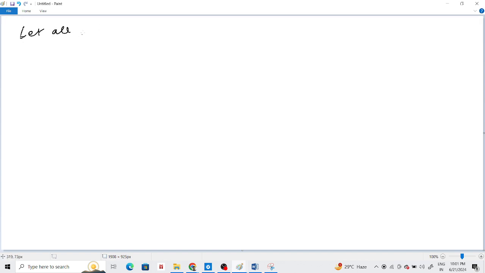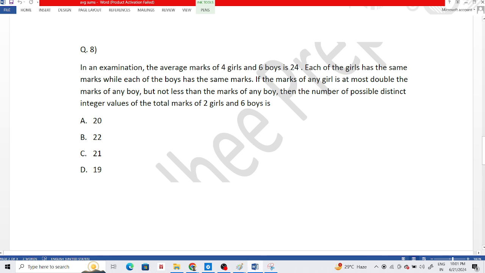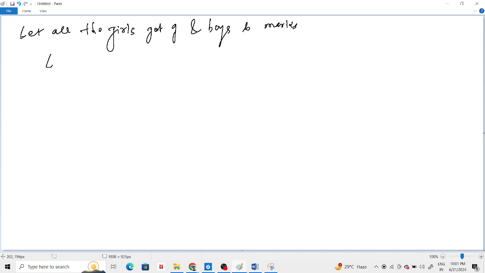Let all the girls get G marks and boys B marks, right? Now according to this question, the average of 4 girls and 6 boys is 24. So that means what? I am adding the marks, okay? 4 into G plus 6 into B equals 24,